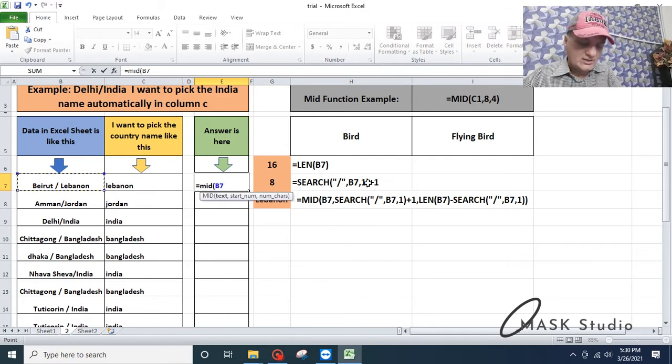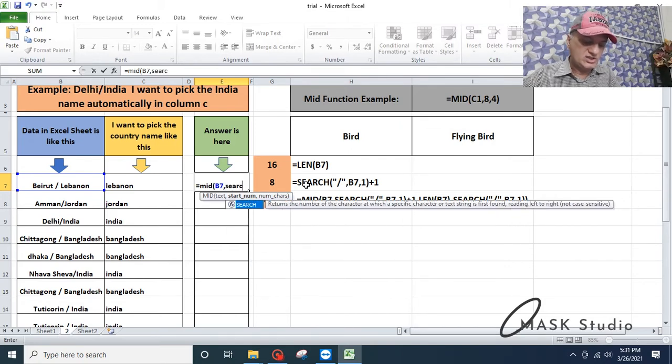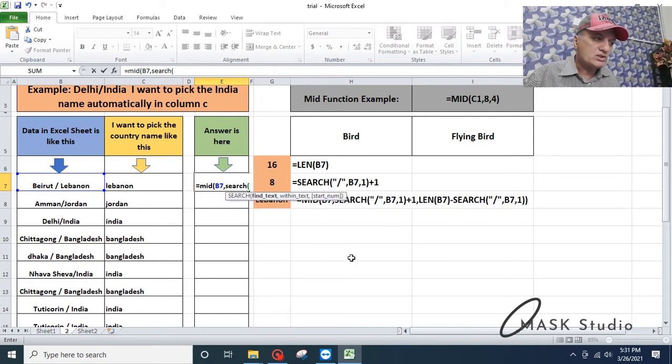Okay, now I'll say comma. Now it's asking me for the start number. For that, I will use the SEARCH function. SEARCH, open bracket. What do you want to search? It's asking for the text to find. What text do you want to find? I will use the slash,